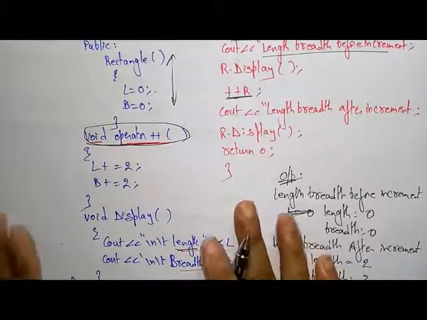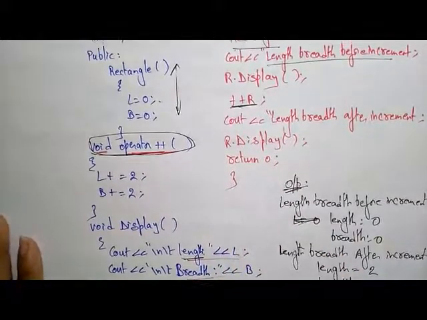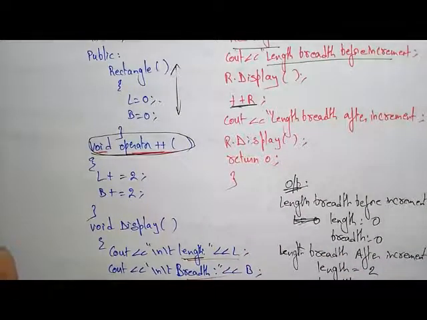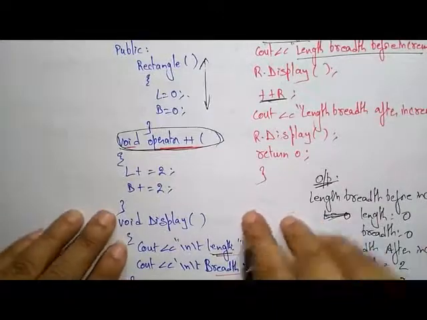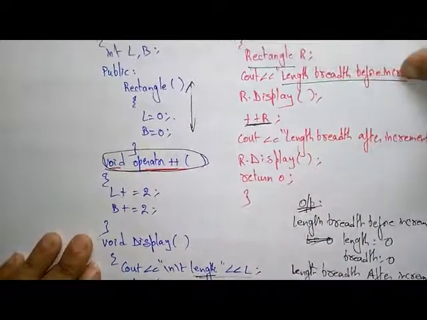Okay, so this is an operator overloading. So I told what is an operator overloading, and this is an example. So let us see some rules for this operator overloading. If you are writing the program on operator overloading, you have to follow some rules. The rules for operator overloading.